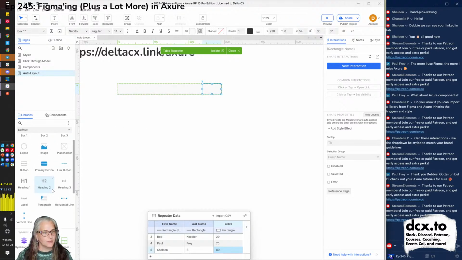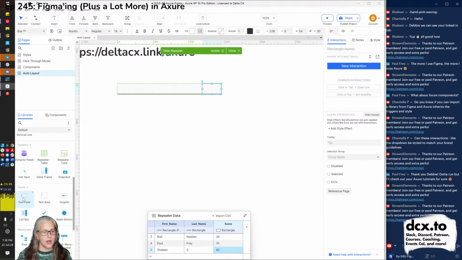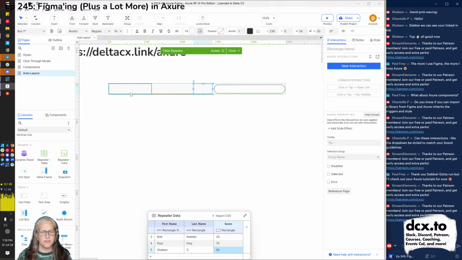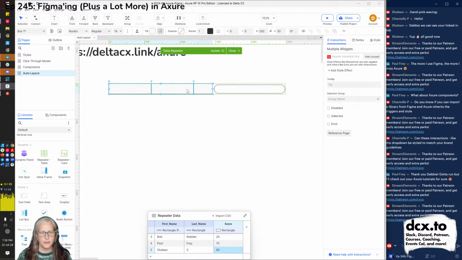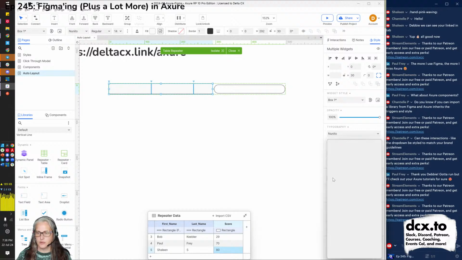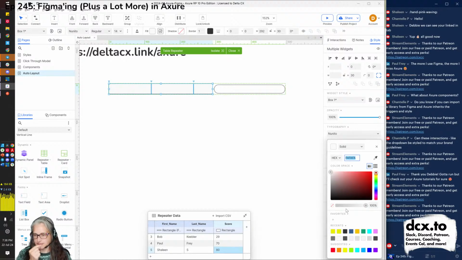We could add that. Let's say you want to make some notes about each student. All right. Here we go. And let's make this a little narrower. And there's a background color and a line on here. I'm going to just grab these and take that off for a moment because they aren't global styled, so they're making me a little wacky. So style, fill, get this out of here just for now.